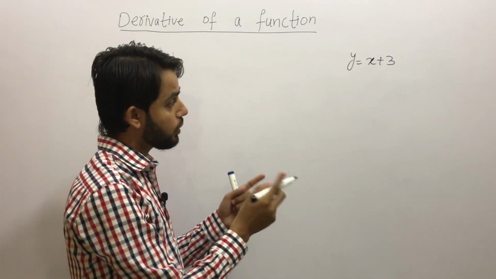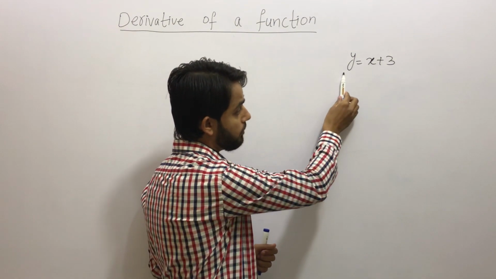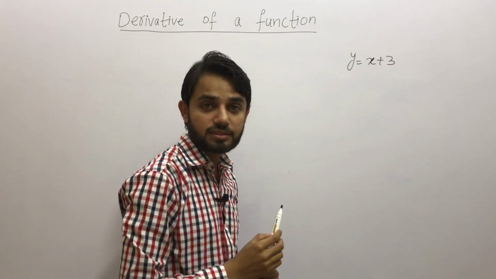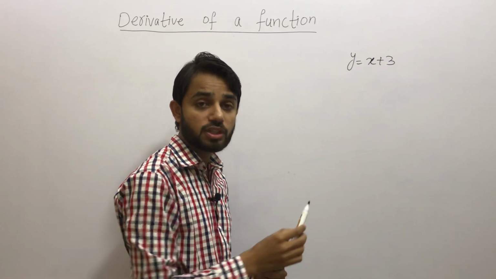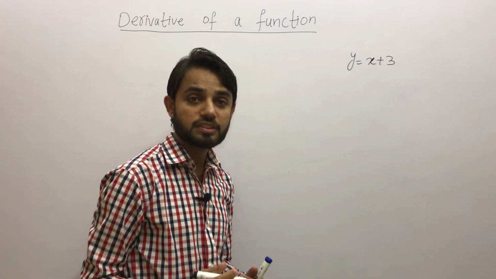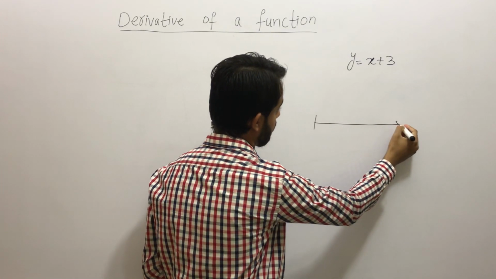Once y is a function of x, it means that the values of y depend upon the values of x. In this case, we are free to take whatever values of x we like from the set of real numbers. We know that on a real line